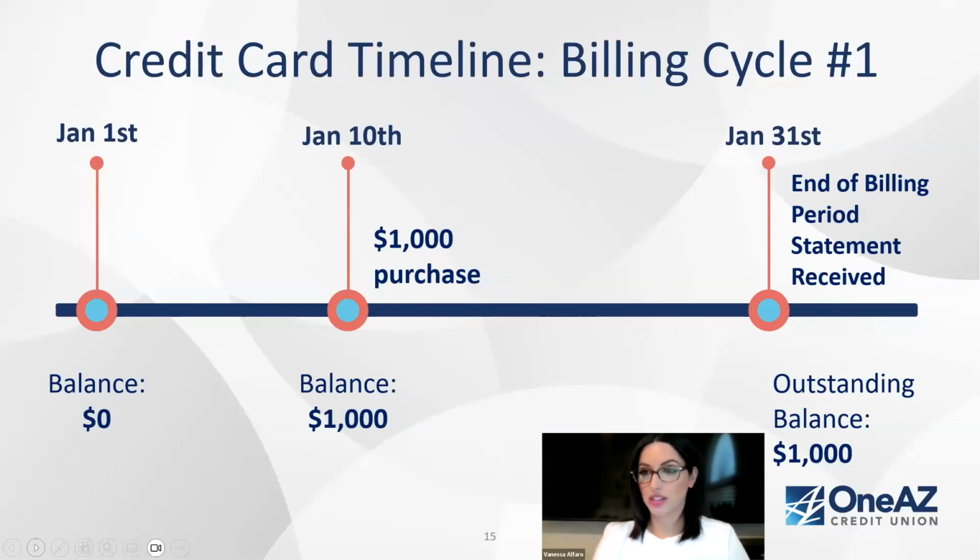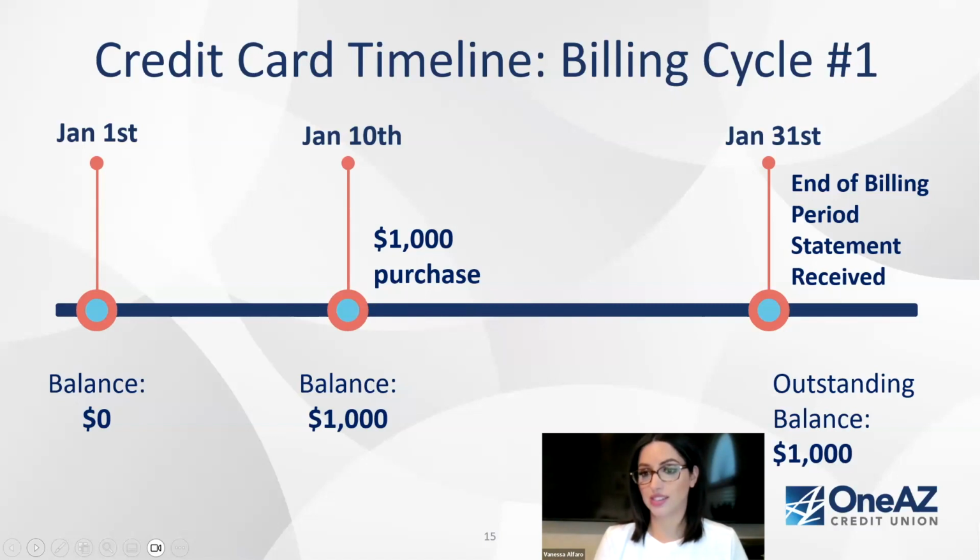So, timeline. We saw earlier in the slide that you went to your merchant, or maybe you had a $1,000 auto repair. You have a credit card that did not have a balance on it, but let's say on the 10th of the month, you had an auto repair for $1,000. You needed to use that credit card. Because you started off with a zero balance in that billing cycle, your first bill is going to come out on January 31st. Now, maybe that 21-day time frame wasn't enough to pay off that $1,000 right away,